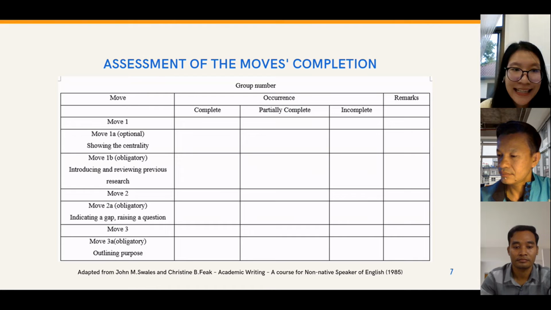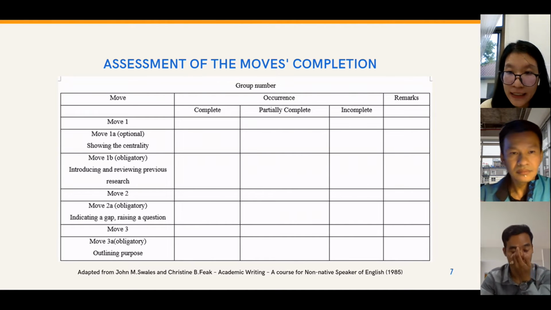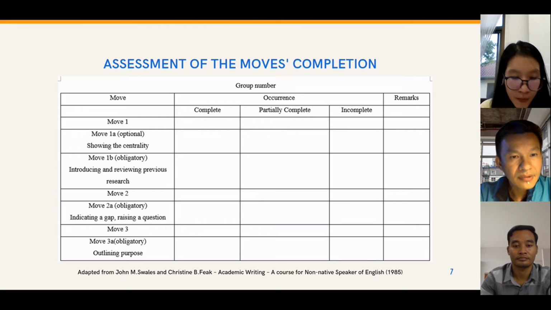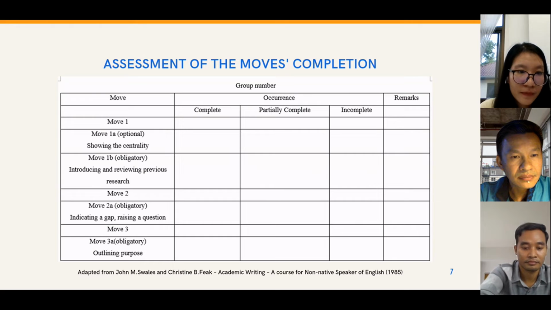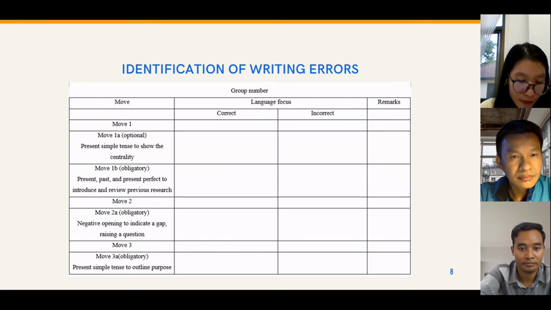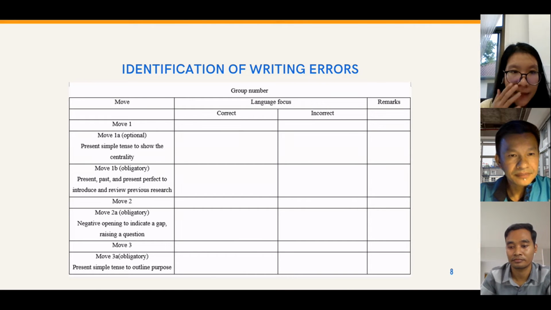Move 2A is to indicate a gap or raise a question, and Move 3 is to outline a purpose. The terms used in this part are complete, partially complete, and incomplete. For the identification of writing errors, we follow the same framework